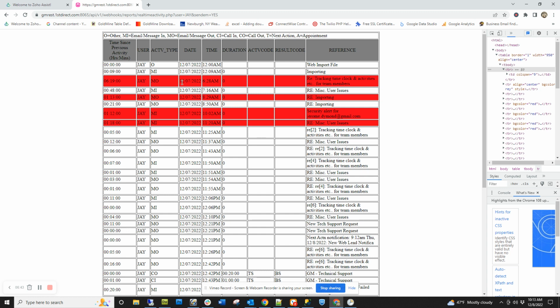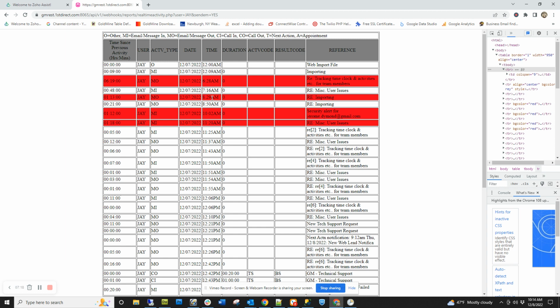And then yesterday at 6:28 a.m., which is almost 6 hours and 19 minutes later, ideally, that's when I first started my day. I had an email go out. I sent out an email yesterday at around 6:30, and it was an email from a client about tracking time clock and activities. I responded to it, but that was 6 hours after my previous activity. Really not a big deal because I'm doing all this here, but the point is that this customer